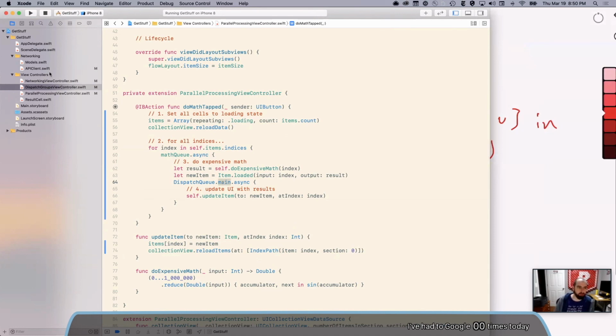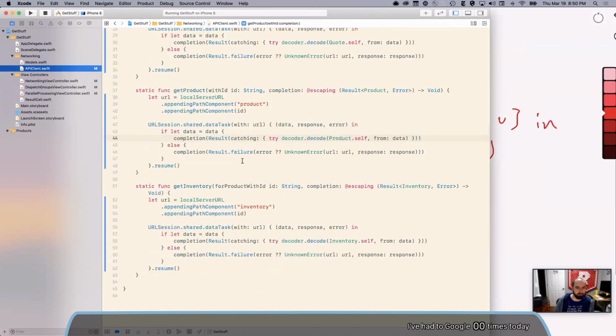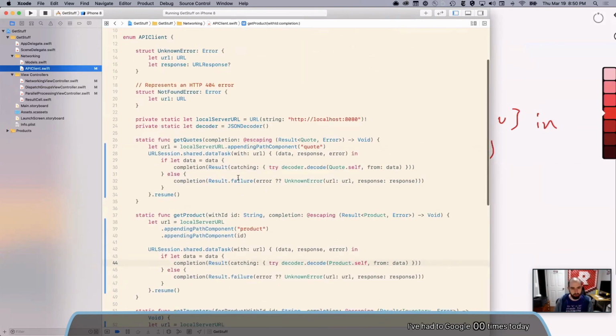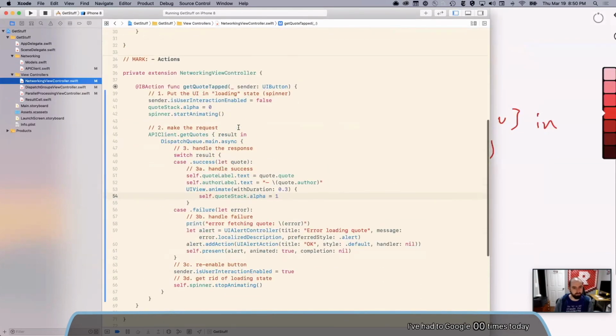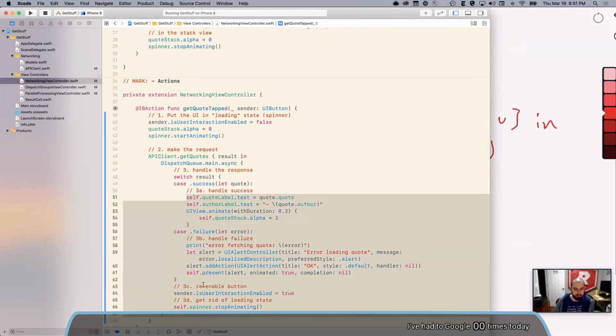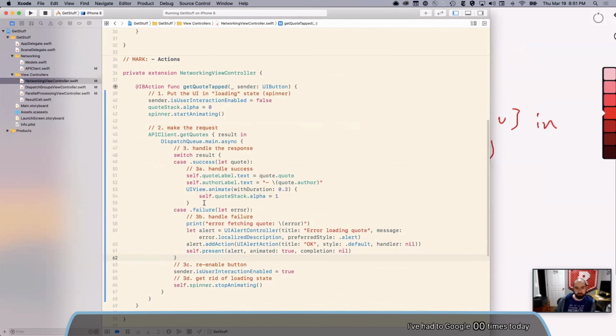Even with network operations, those are the longest lived operations that we had this evening. Well, this was all async, so that doesn't matter. But in the actual place where we called it, we did our get quotes, and we didn't do a weak self in here, even though self is referenced all over the place, because I know that success or failure happens within a maximum of my timeout, probably like 10 seconds or 60 seconds or something.